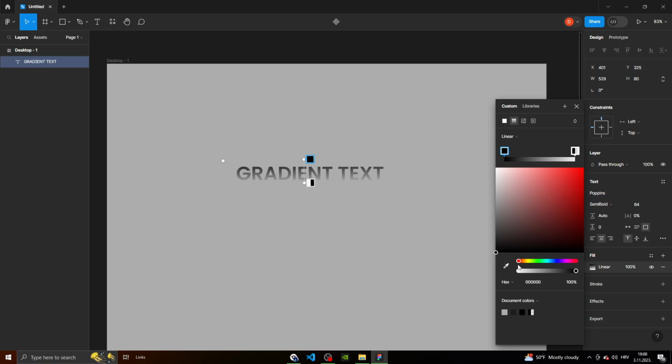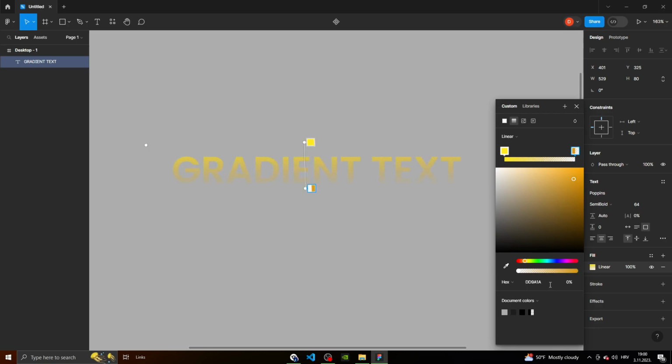For example, let's use a yellow color for this gradient, for this color, and let's use orange for this one, and let's give it some opacity to 100%. And now we have a linear gradient text. If we want to change from linear to radial or any other, we go under here, and